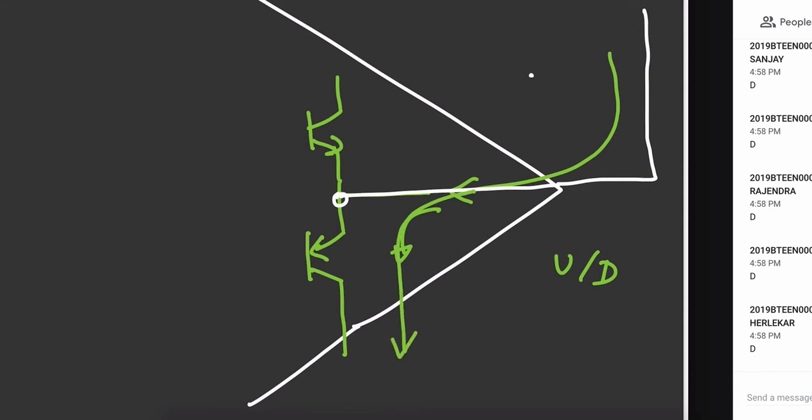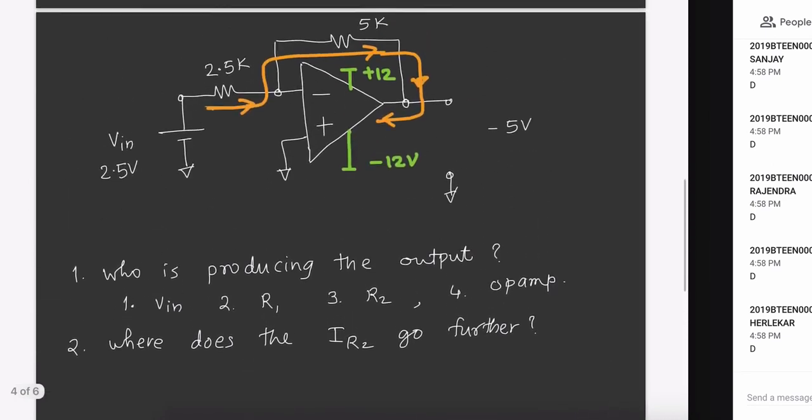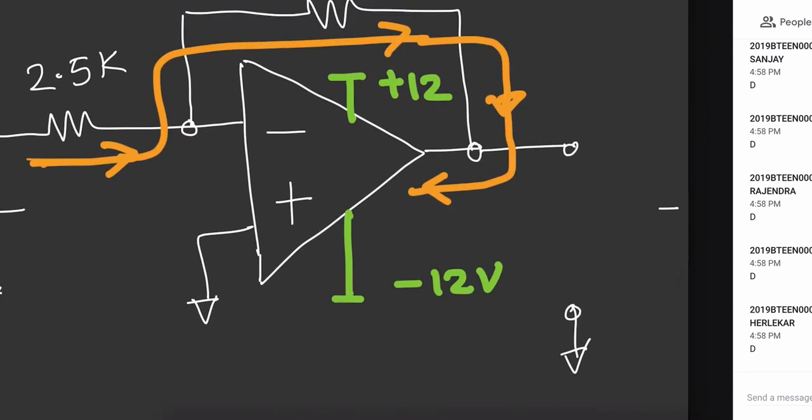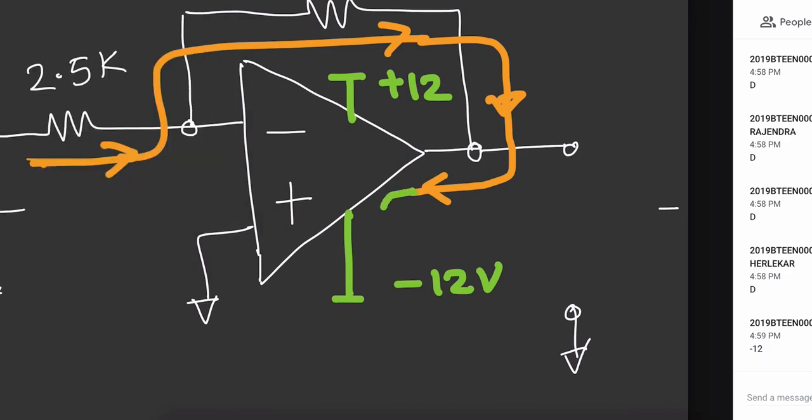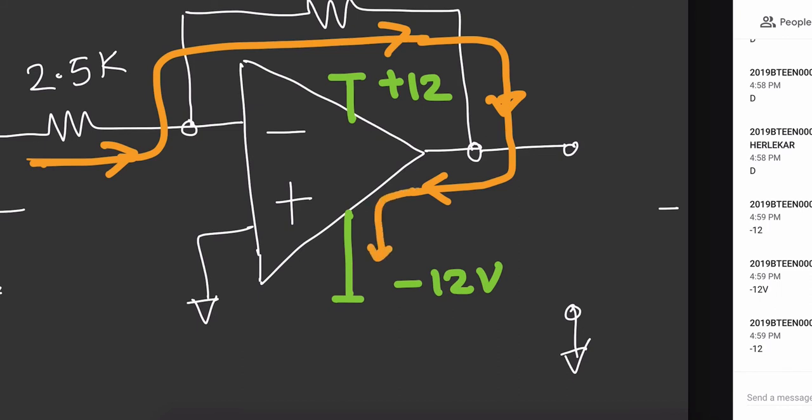Okay. It means if we look at the earlier circuit, where will it come out from? It will come out from this terminal. I will restore the color. It will come out of this. I am showing it coming from outside, but it is actually going inside the op amp like this and then coming out of the op amp. Everybody understood this? Yes or no?